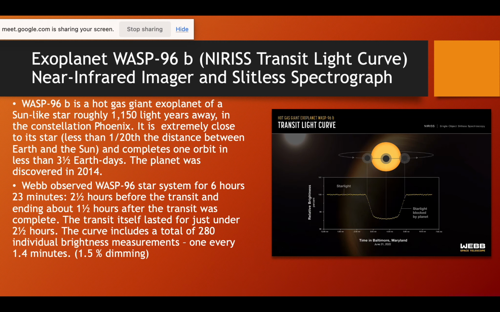So in the first light images of James Webb, it observed this exoplanet called WASP-96b. This is not an image from Webb, but this is showing you the transit of it, where you can see the fall in brightness. What Webb did is it observed this star system for 6 hours 23 minutes, 2.5 hours before the transit, 1.5 hours after the transit, and during the transit. So basically what it does is it uses that period, before the transit, to observe the spectrum coming from the planet as well as the star. Then when it sees it from here, it actually sees